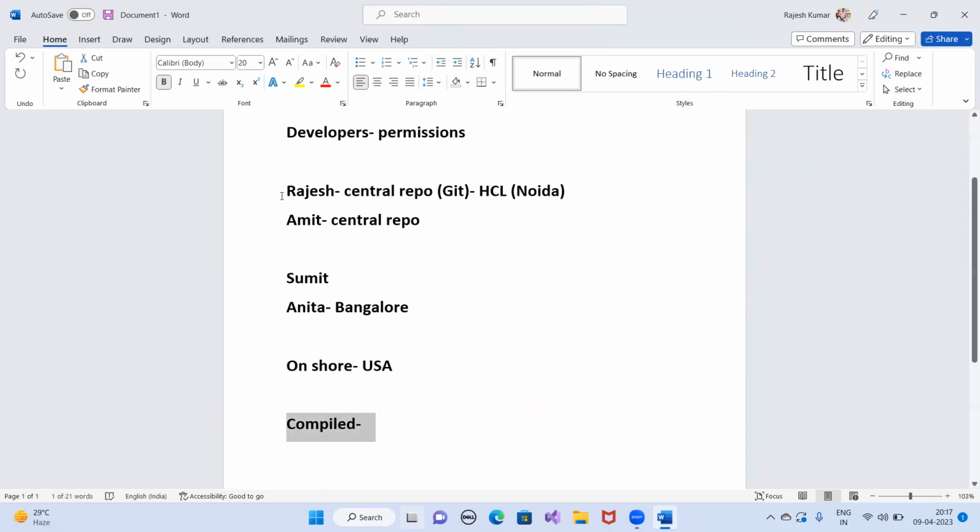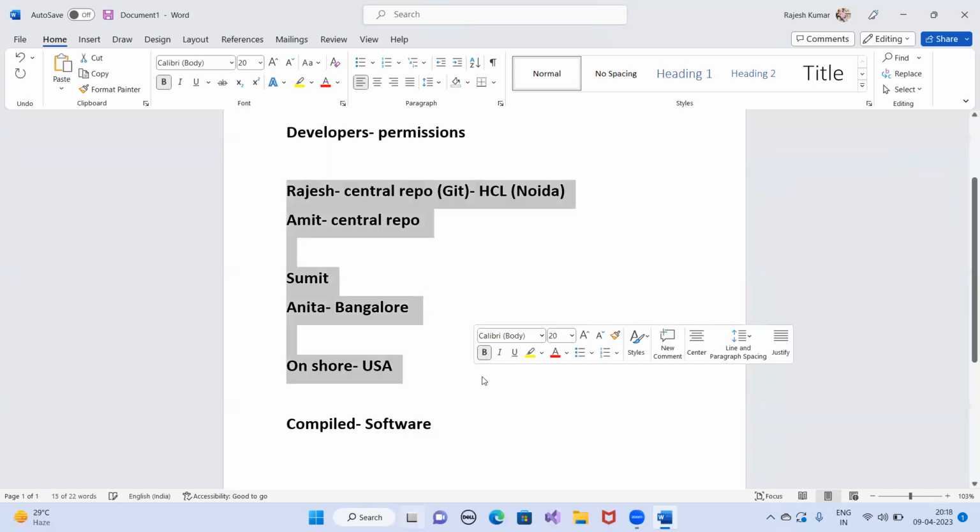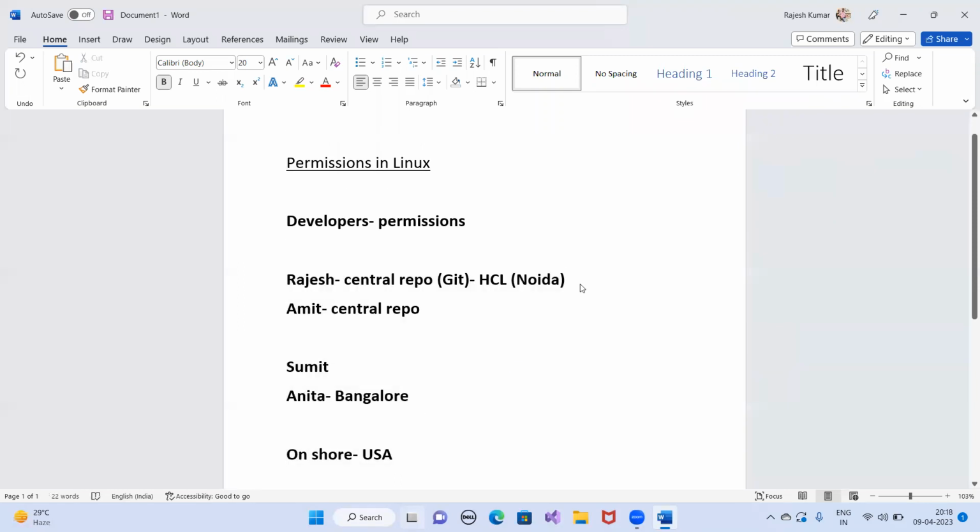So every developer will be given a task: you complete this portion, you complete that portion. Finally, all the code will be compiled and integrated and it will become one software. Now, because every developer is working in different shifts, Rajesh has written one page of code.